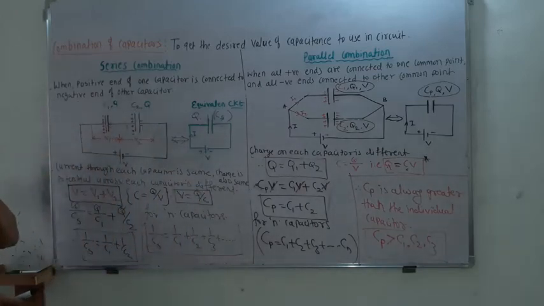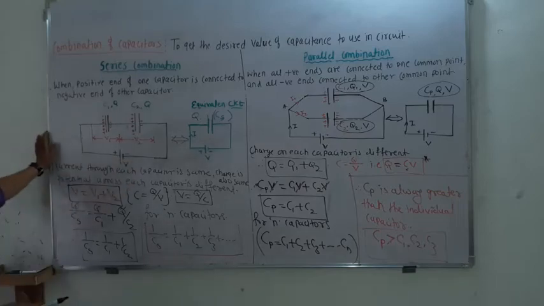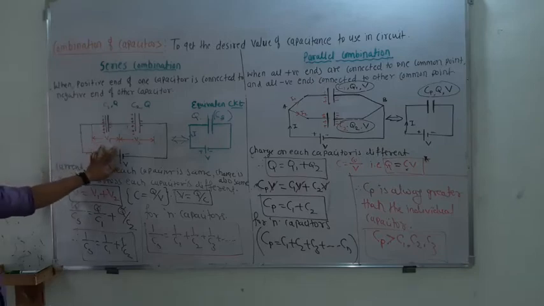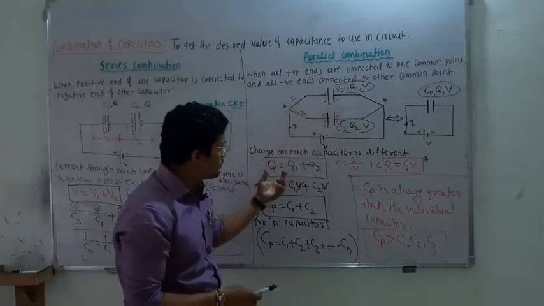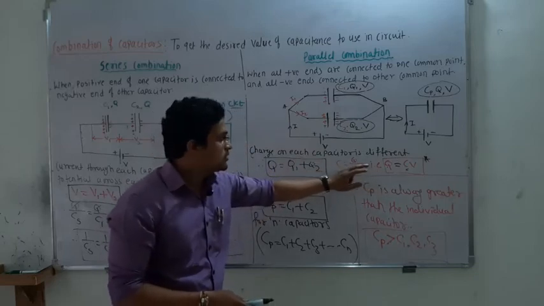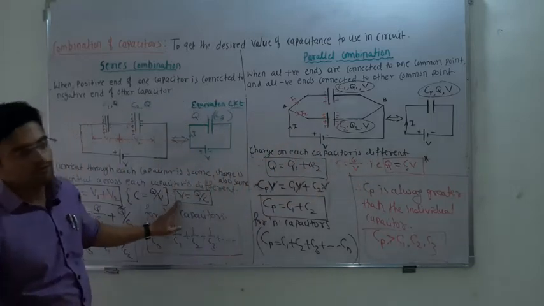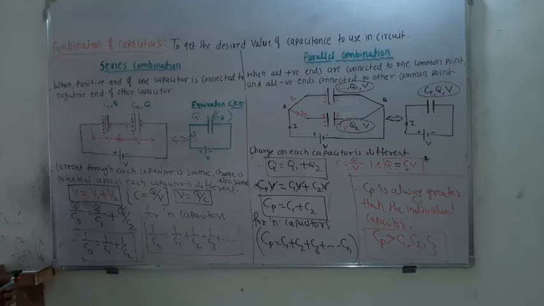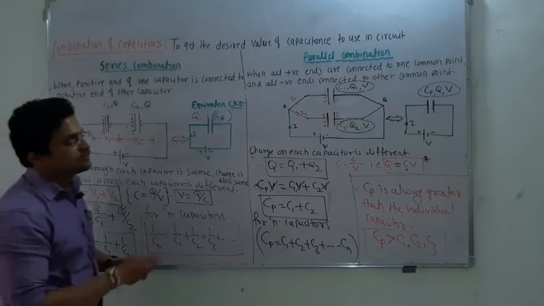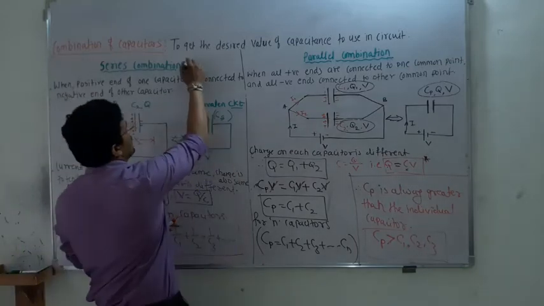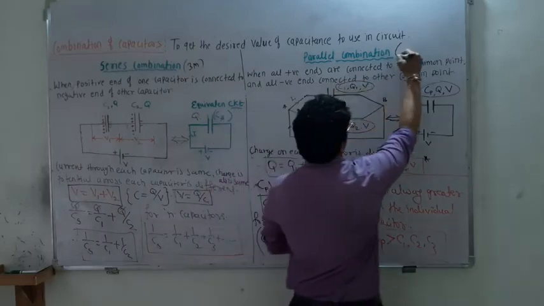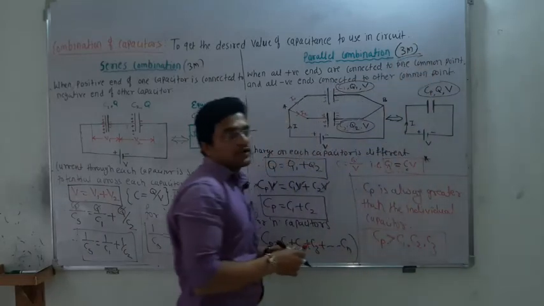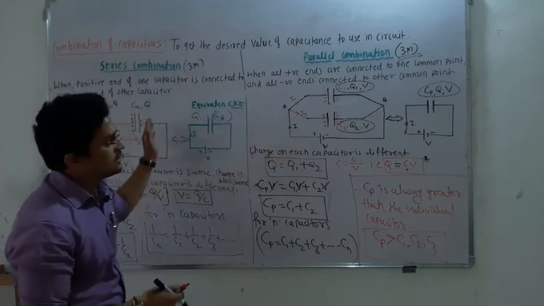Okay, then question 6. Just pause the video and write it down. In this case voltage is different, in this case charge is different. So according to that you have to take the equation and replace using this equation. So here you have to find out the Q and here you have to find out the V, because the potential is different. Just pause the video and have a look. If you don't understand, just revise it, write it down step by step, because both questions can be asked for 3 marks. So this combination is also for 3 marks and this combination is also for 3 marks. Don't get confused: series, parallel. Series and parallel combination.